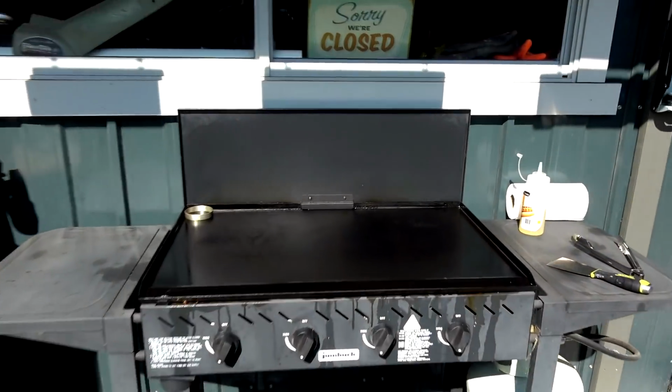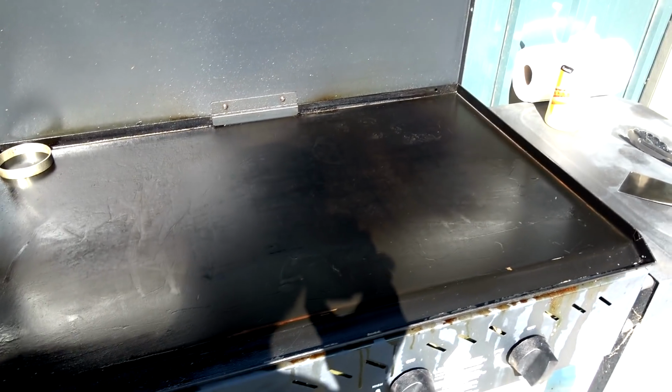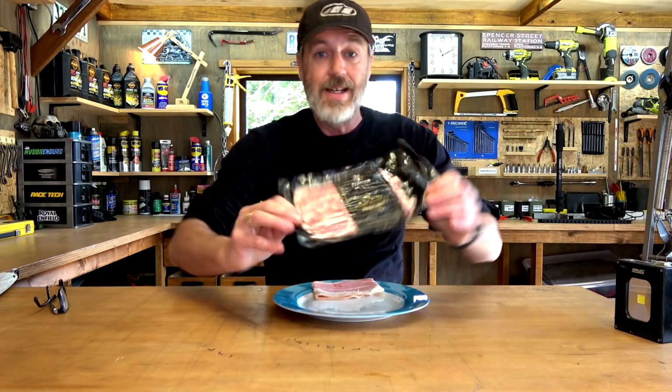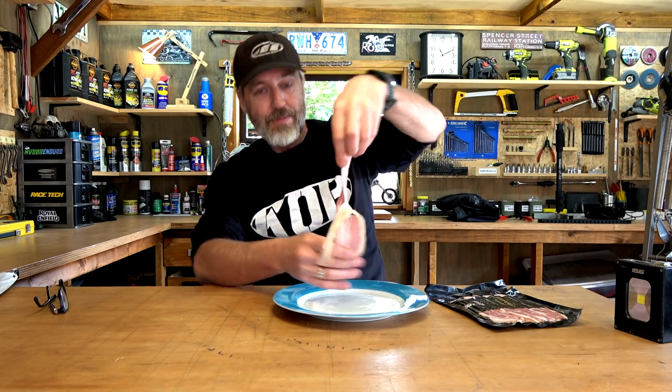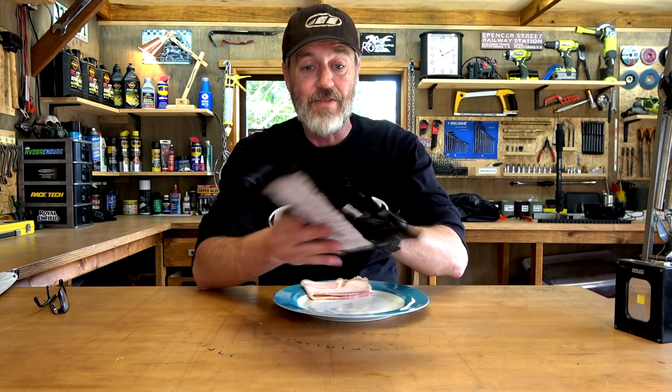I've got this bloody product that I purchased. Got this all fired up. Let's have a look at this product. Right, so here is the product. Looks like bacon, doesn't it? Well, it's bacon, but it's not bacon. This is bacon as we know it, straight out of the supermarket, come off a pig. Tastes fantastic, brilliant. What is this stuff? This is handcrafted